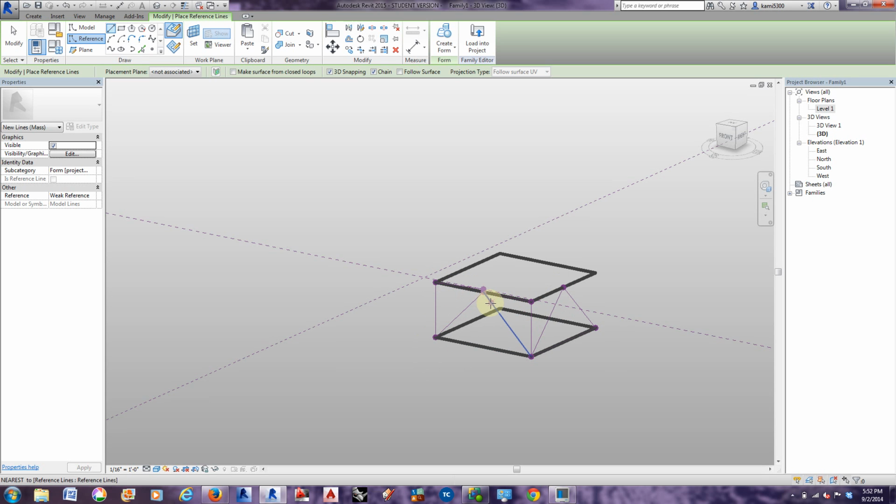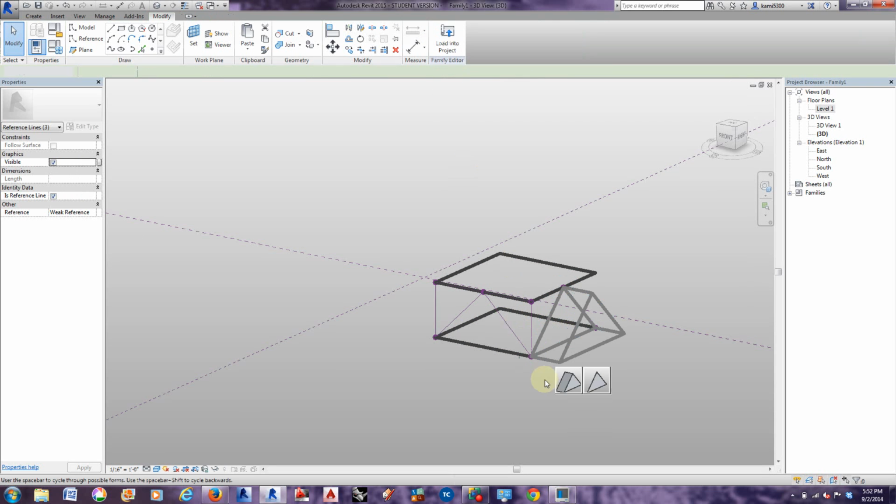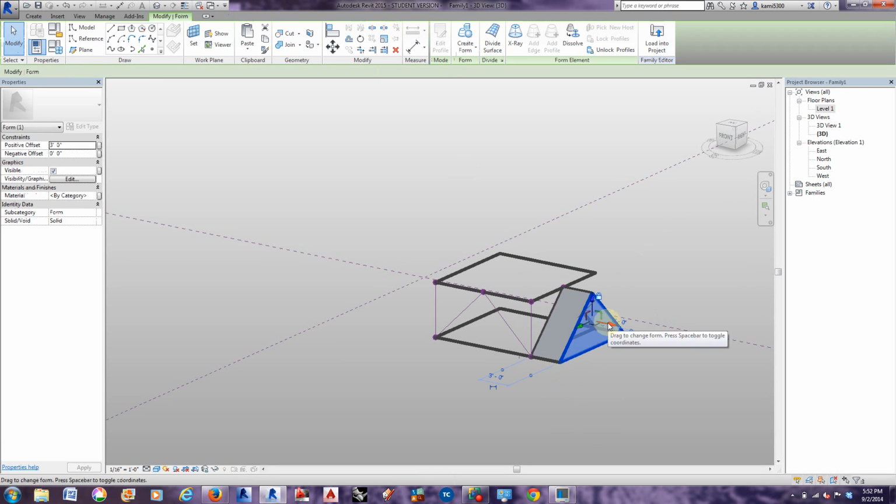I missed that snap point there to the midpoint. So now that I hover over that, those reference lines, all three light up. So I can create a solid form out of that, and